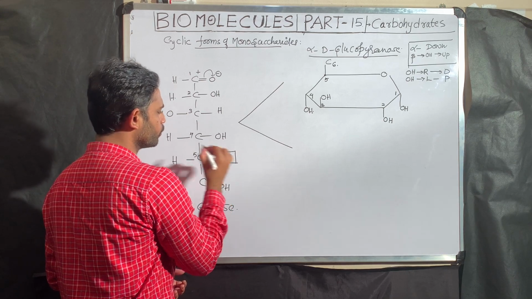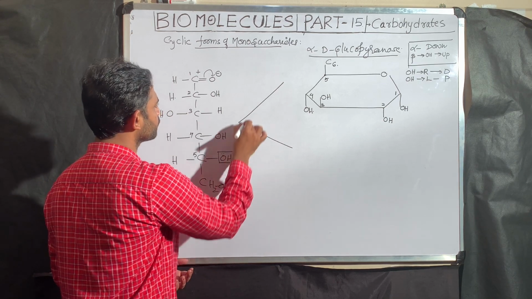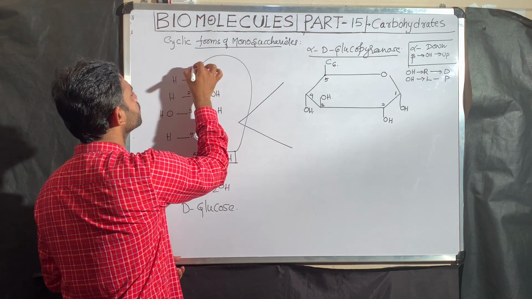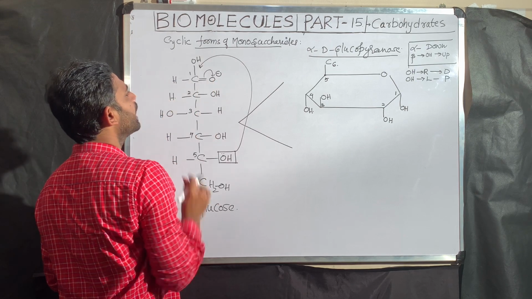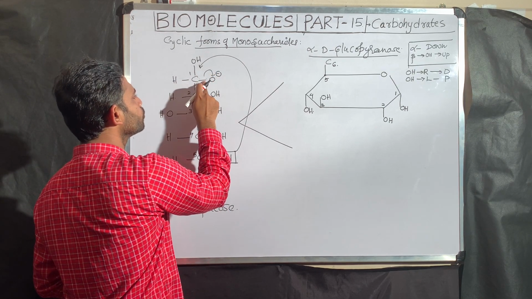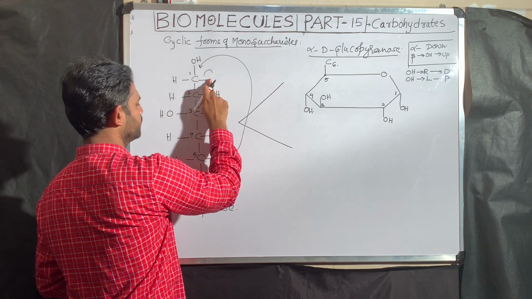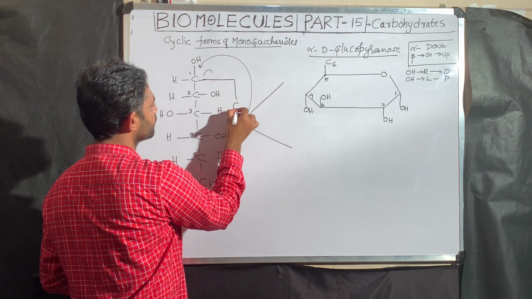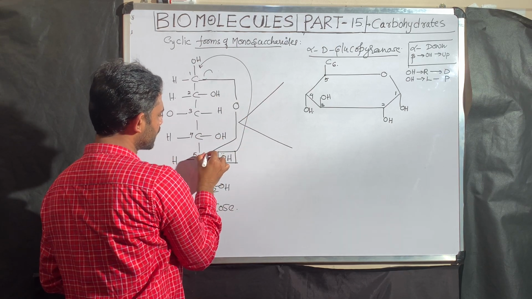This OH group on the last symmetric carbon atom shifted to the carbon. Now here it becomes an OH group, yes or no? After that it becomes a single bond now. This carbon through this single bond, see, this OH group is already okay. See this one, this oxygen is attached to the carbon.